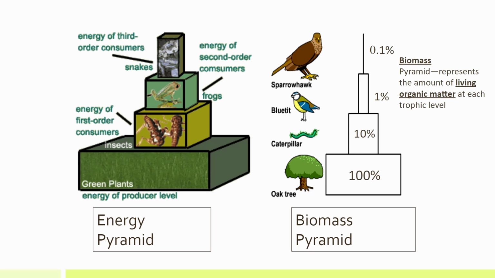We'll actually find that as we move up a biomass pyramid, we see less and less biomass. Because of the amount of energy that producers get, there are a lot more of them. There are less primary consumers, even less secondary or tertiary or especially quaternary consumers. And this biomass pyramid on the right demonstrates that.